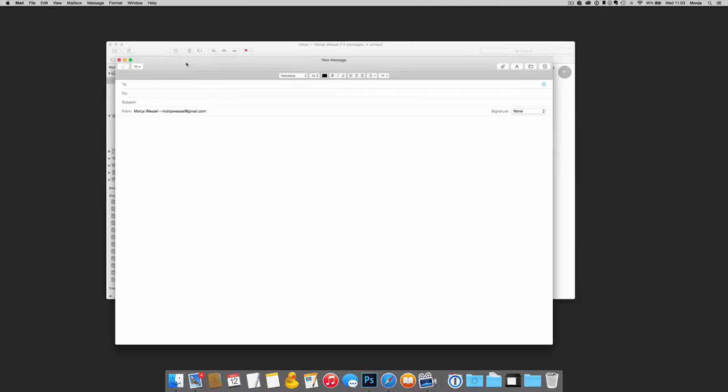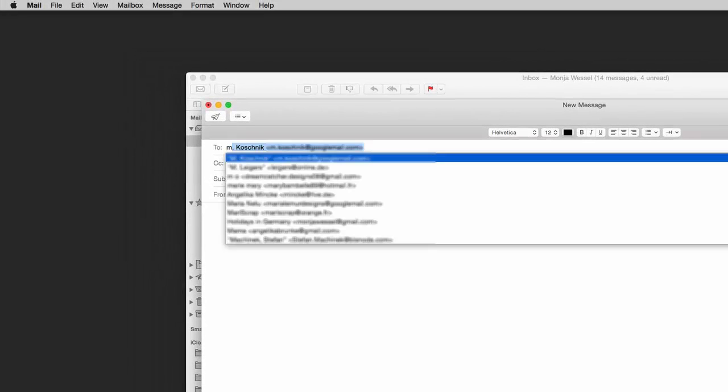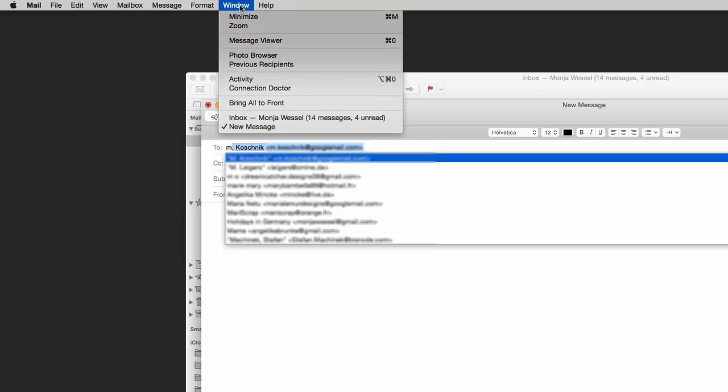In this tutorial, I show you how to get rid of email addresses you typed in incorrectly. You simply have a typo in the address, and now they are popping up again and again whenever you type something under To. For example, I type M, and the first thing which comes up is maybe wrong, and you are always going to choose that no matter what. So what you can do is get rid of these email addresses by going to Window